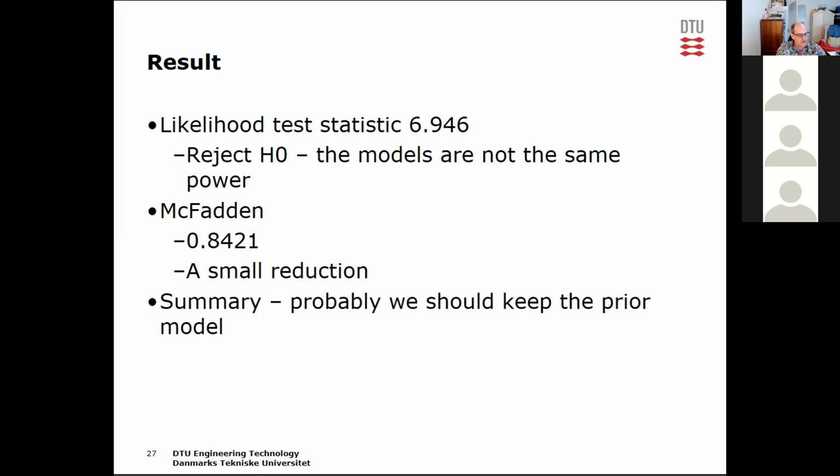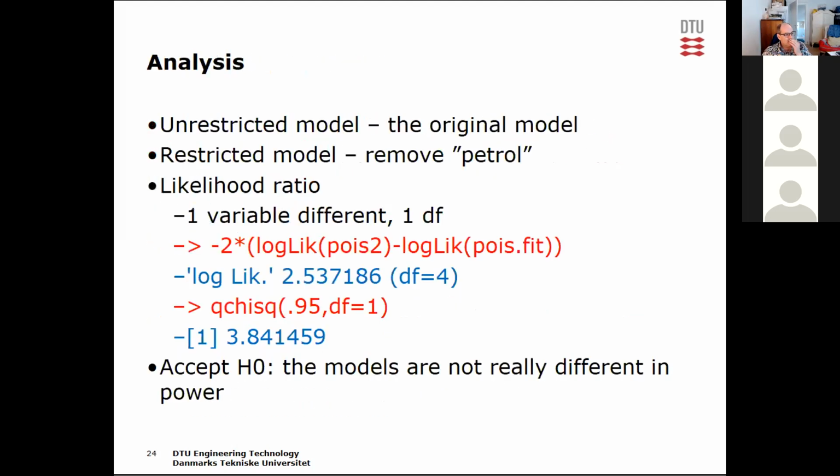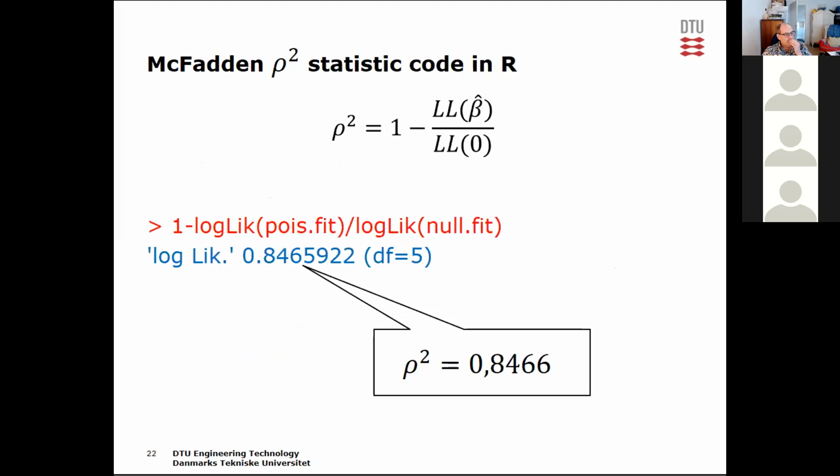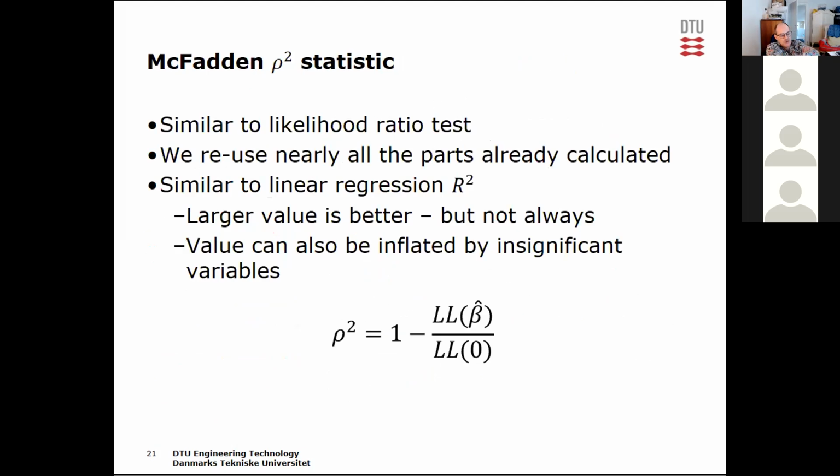And so then, let's see. What does the McFadden actually show? That 0.84? What exactly does that number mean? I can show you exactly what that means. It shows you that,